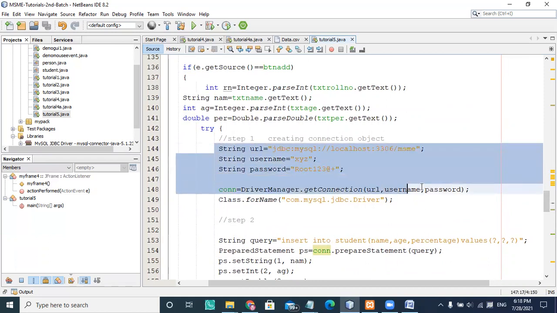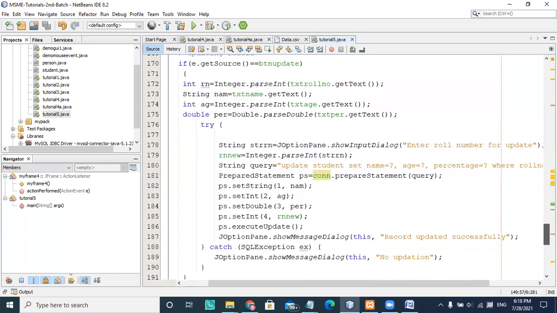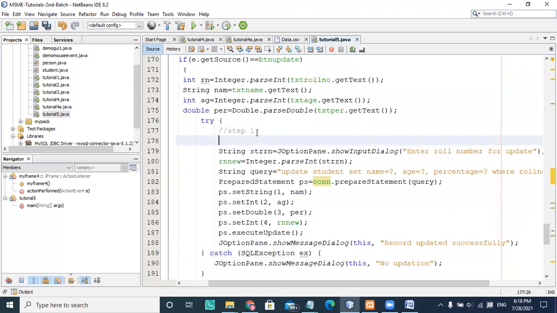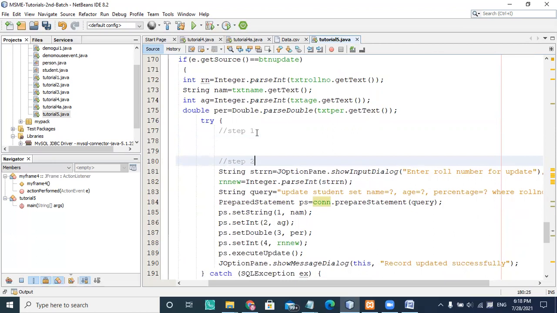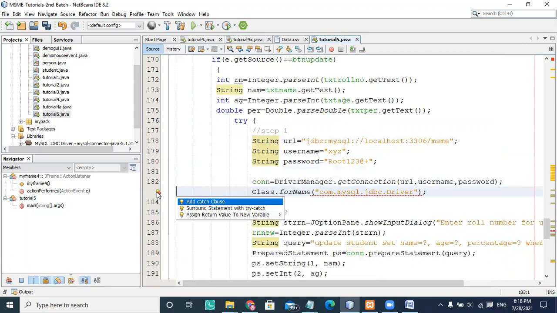So the driver and everything I have to use as step one here. So everything I have to create here also, as step one. And this is my step two. So all the connection and the respective ones I have to use.